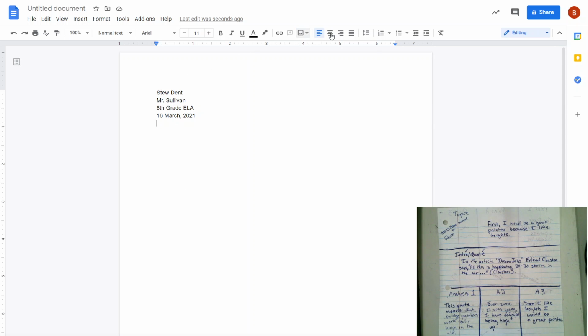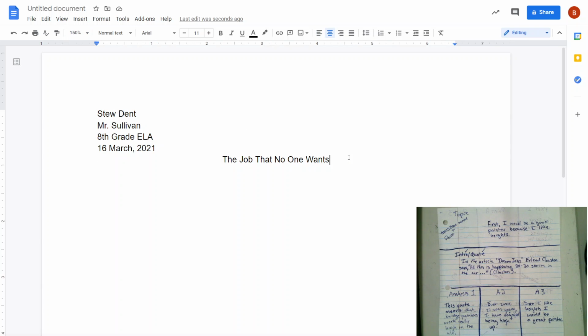Once we've done this, we come into the center and we give it a title. Okay, I'm doing mine about being a bridge painter, so I'm trying to think of a title that would work for bridge painting. I might say, The Job That No One Wants. Okay, remember that title case means that the first letter of all of your words is capitalized. Press enter again, and then press backspace, and you'll go back to the beginning. Give it a little breathing room if you'd like by pressing enter again,